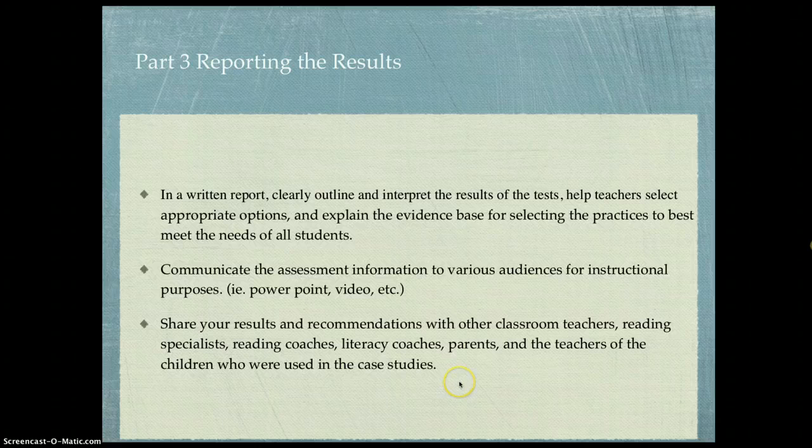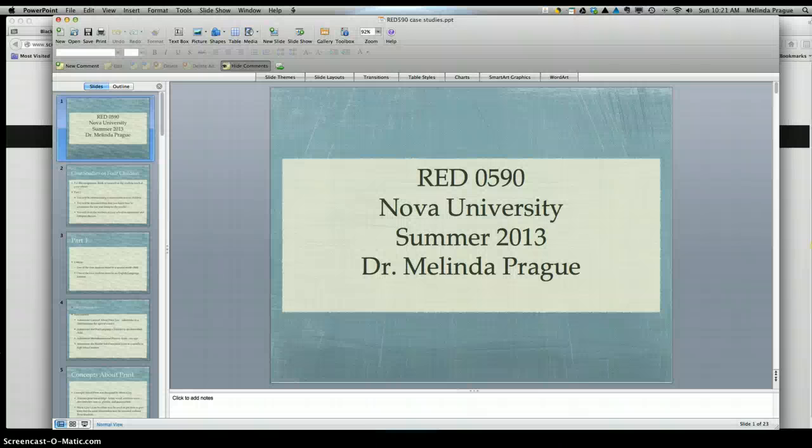And then you will be ready to share. I hope this has been useful to you. I'll be sharing this with you